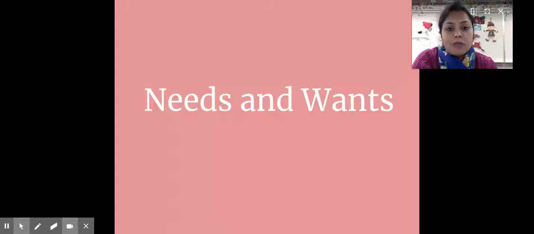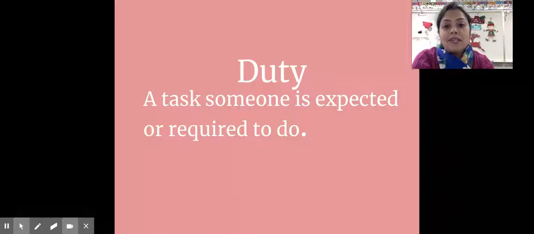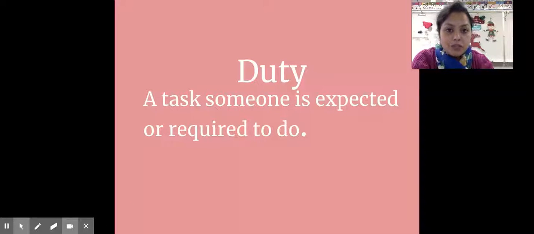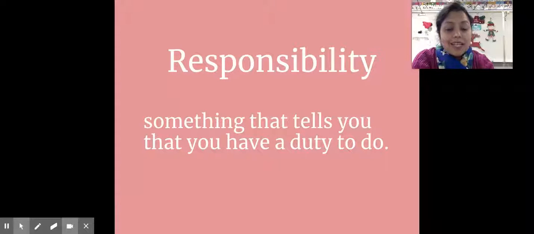We are going to talk about our duties and responsibilities at home. Yes. So, what does the word duty and responsibility mean? Duty is a task that someone is expected or required to do. For example, as first grade students, you are required to do your assignments on time. That's your duty. And responsibility is something that tells you that you have a duty to do. That means, as responsible first graders, you complete your work and you turn them in for your teacher to check,